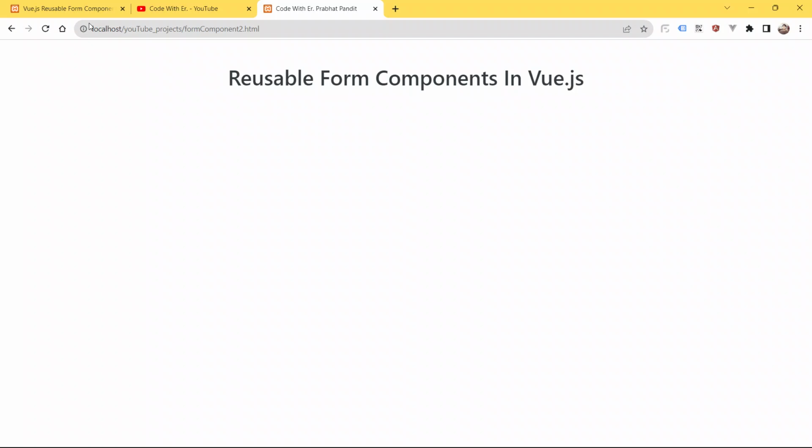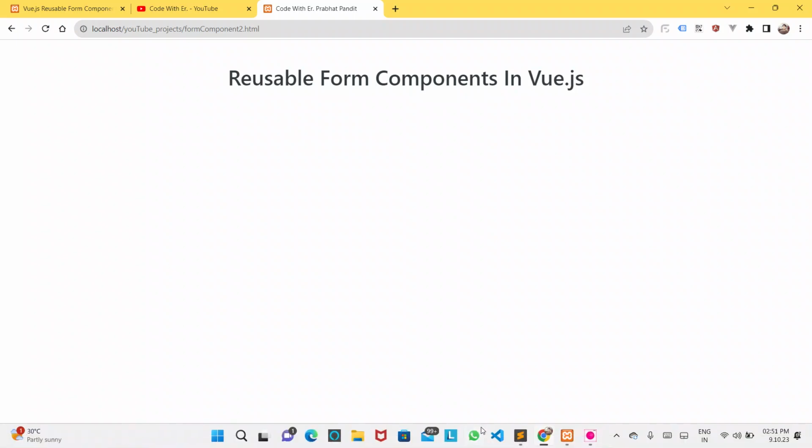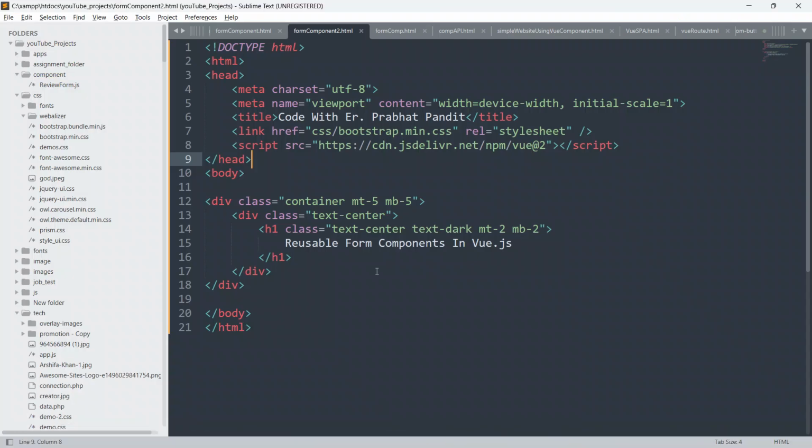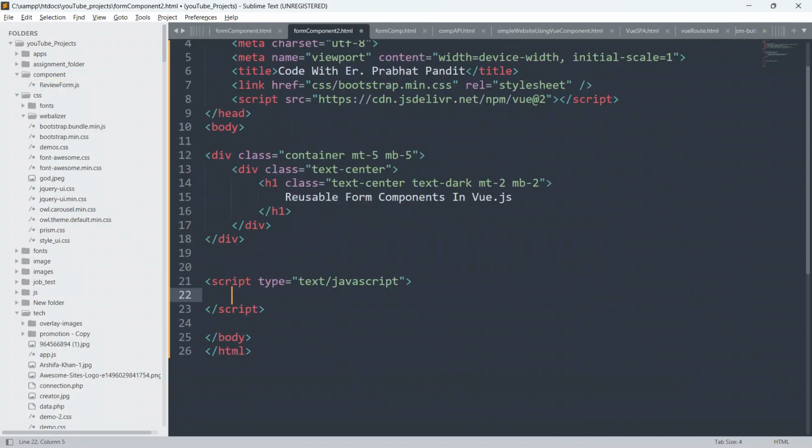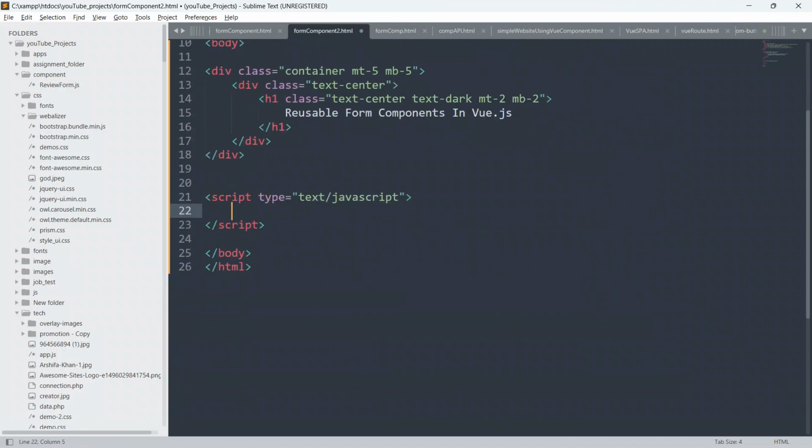Okay, so guys, now let's go to the code editor again, and we have to write our Vue.js code now. So guys, now below this I will create a script tag. So script, and just go a little up. Guys, I have already explained many times in my videos that in order to create a component we have to use the function Vue.component, and then we have to define the component's name as well. So here also in this video I will use the same function Vue.component to create a component.